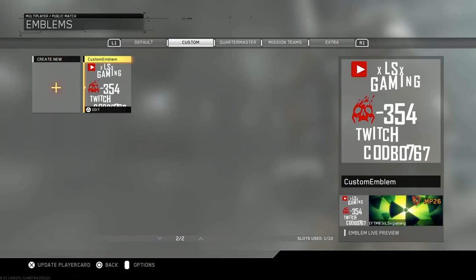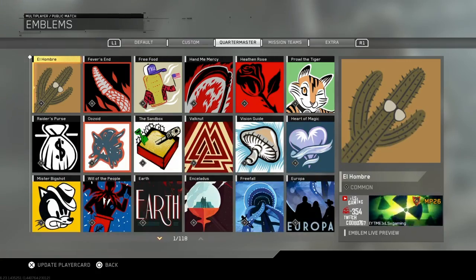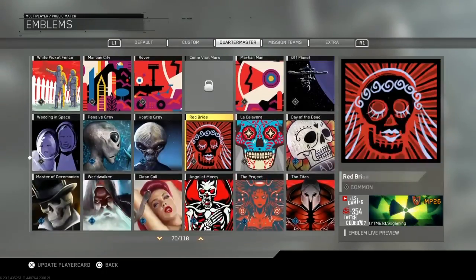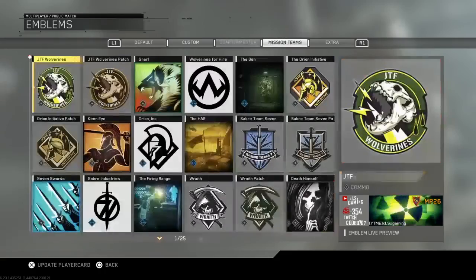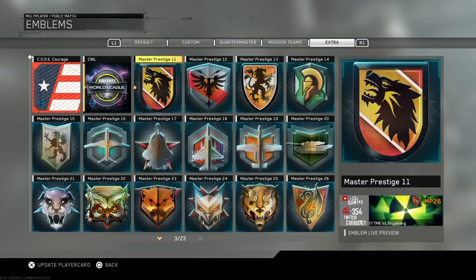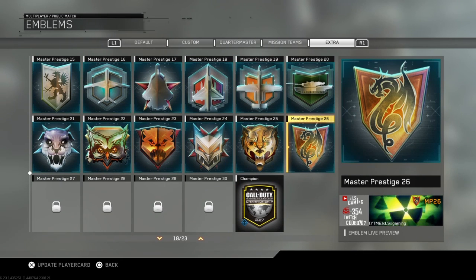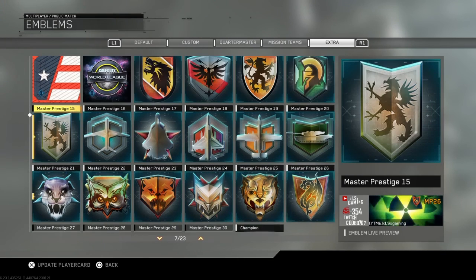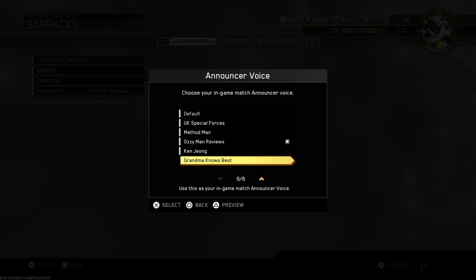Emblems, we have my personal emblem that I made, all the default, of course. And I believe we have pretty much all of these as well. Yeah, pretty much all of these. We have all the mission teams, and then here's the extras. So as you can see, I'm at prestige 26. I still have 4 prestige to go till I'm maxed out, but this is where I stopped. Unfortunately, I have all the special packs,